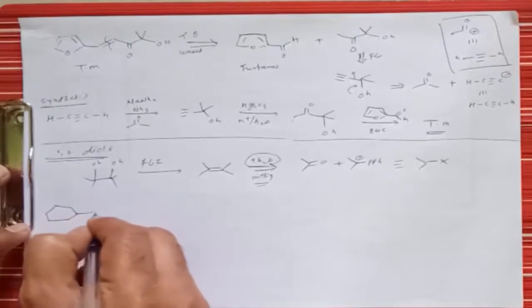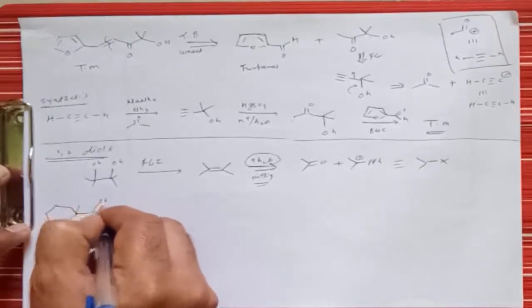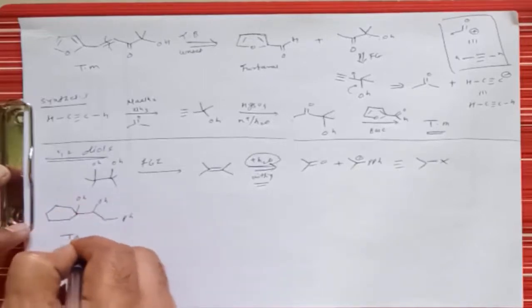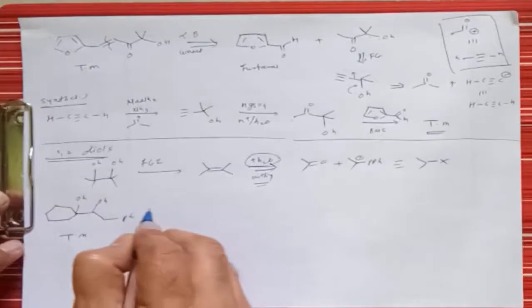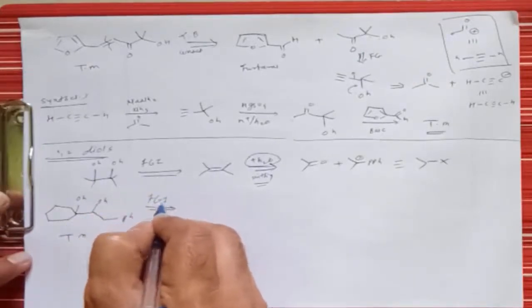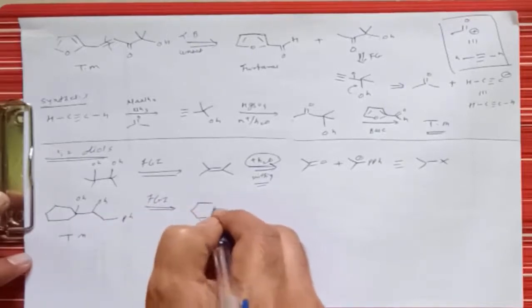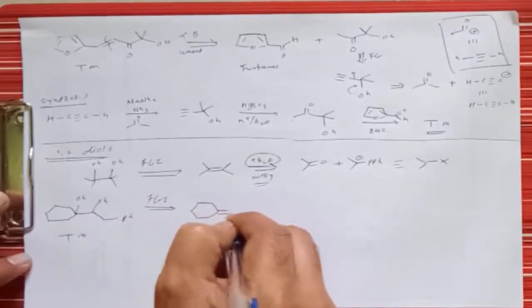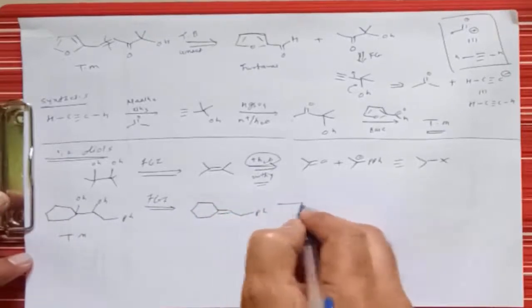Suppose there is a type of molecule that contains a diol. So this is the diol, and it is the target molecule, right? We know that if there is such a diol, we can go for functional group interconversion. Diols will be converted into an olefin. So it gives formation of a compound like this, PhCH=CH–Ph. Right? Then there is the olefin.